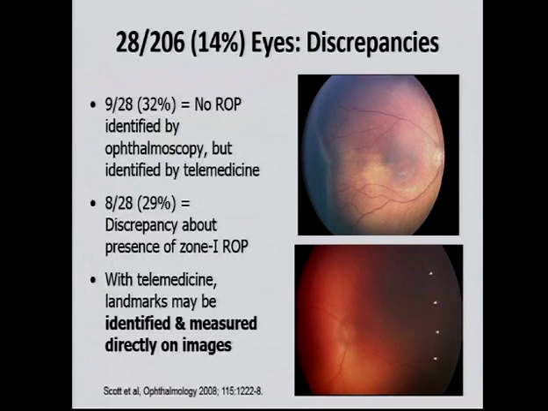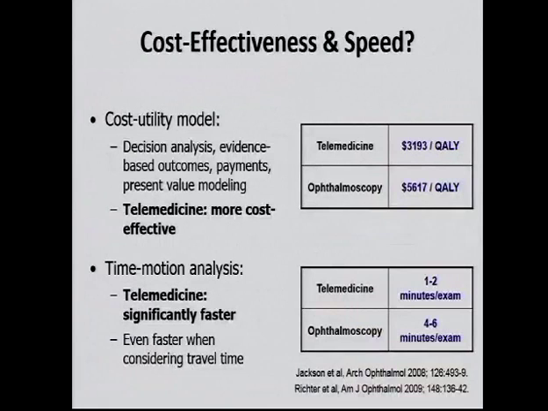And the point of this is that with telemedicine, in principle, you can make those diagnoses for these discrepancies more clearly because you can map it out and draw it out and figure it out on the image. Whereas when you're trying to do this with a baby who's wiggling at the bedside in the neonatal ICU, it's often really hard to be precise. And so we felt like in principle, you actually might get a more accurate diagnosis if you've got the photo compared to a real exam. So I thought that was interesting. And we did some studies involving